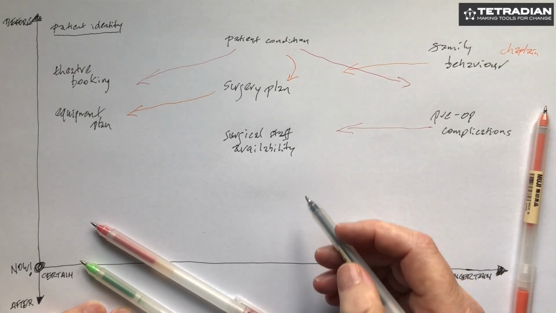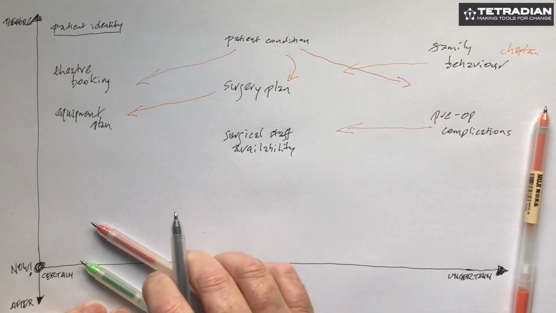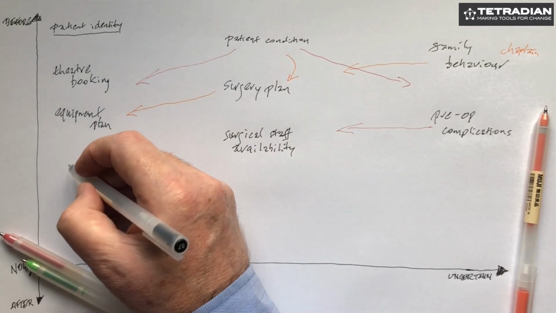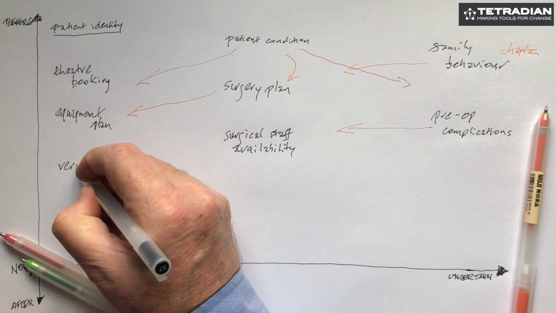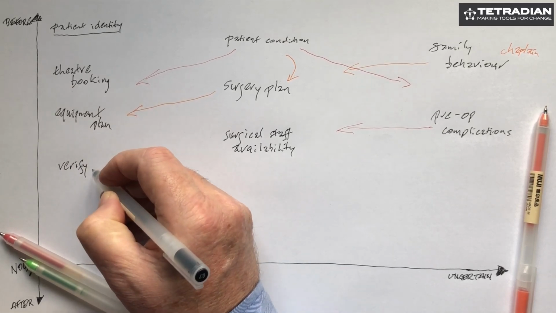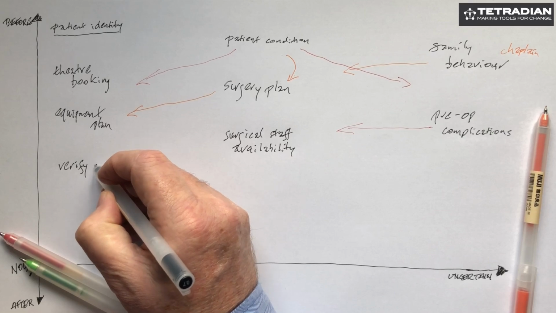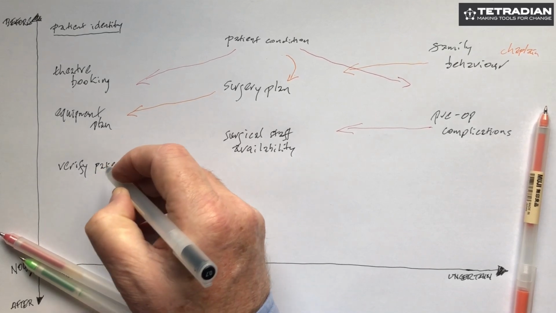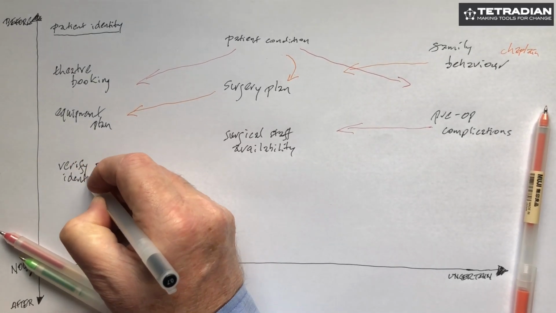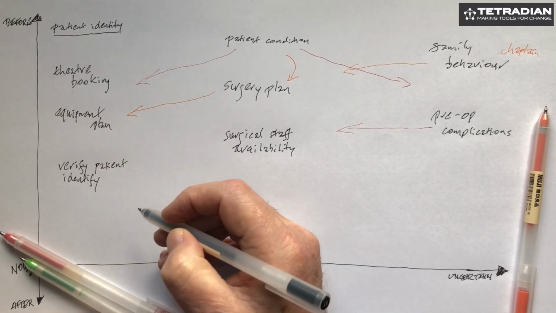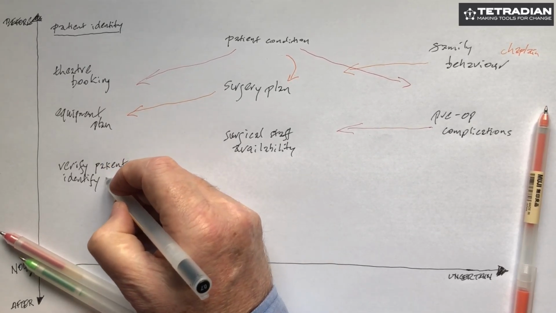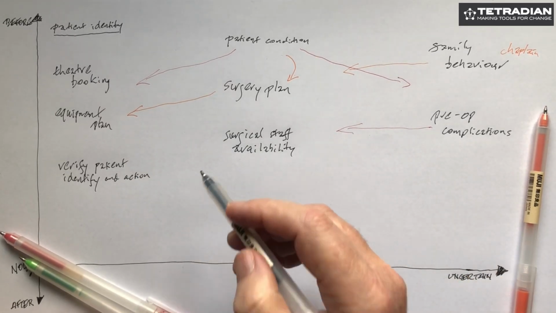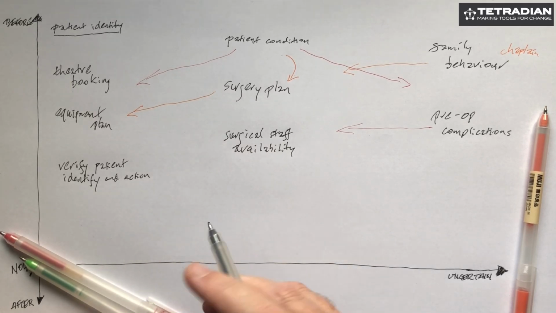Because that can vary. We've got rosters, but it's a known unknown. As we get closer towards doing the operation, on the morning of the operation, we're going to double verify the patient's identity. We've got the patient on the gurney. We now need to verify that this is the right patient, and we've verified not just the patient identity but the action. So if it was an operation on a leg, we might literally draw on that leg. And action. This must be known before we go into the surgery.